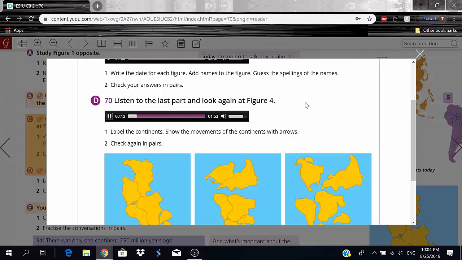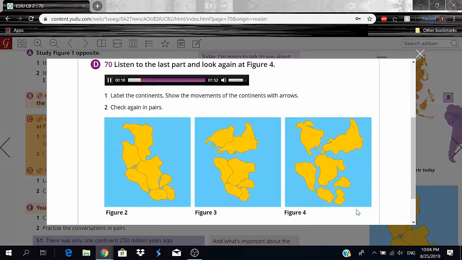So, how did the continents reach their modern position? Well, for the next 50 million years, the continents kept moving. North America moved away from Europe and Asia. It moved to the west. And South America? That continent moved away from Africa to the northwest. Now, can you see Antarctica in the figure? Antarctica moved to the south. Africa, India and Australia moved to the northeast. So all three moved in the same direction.